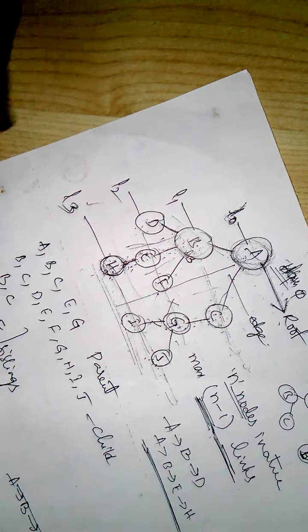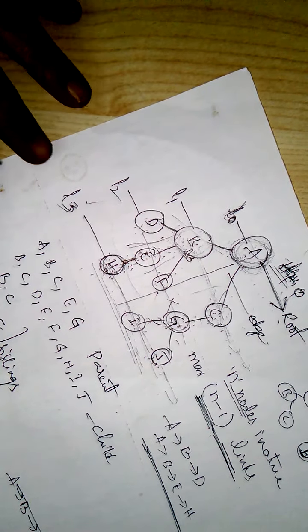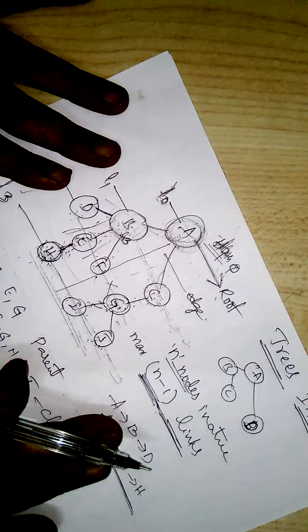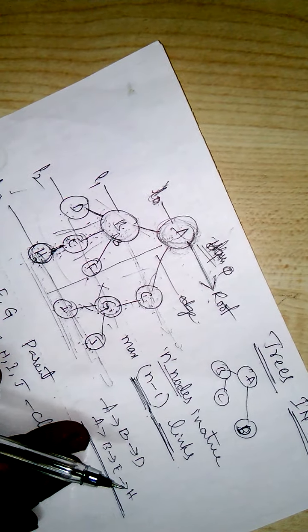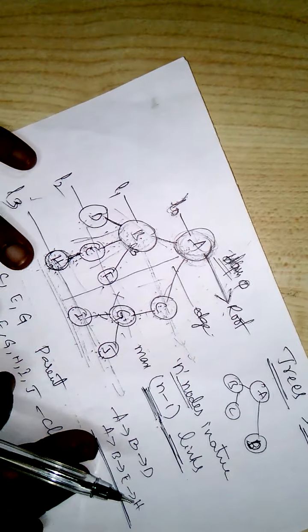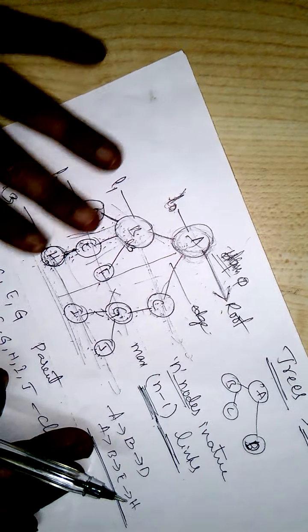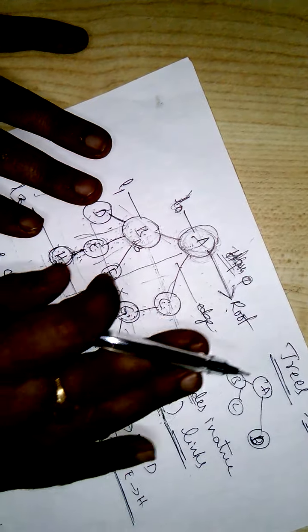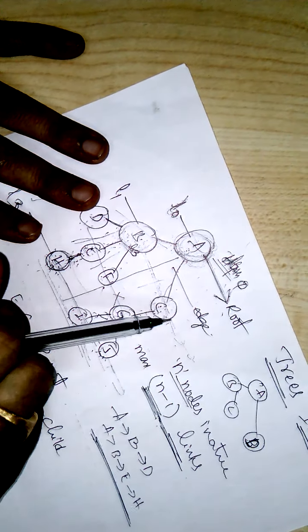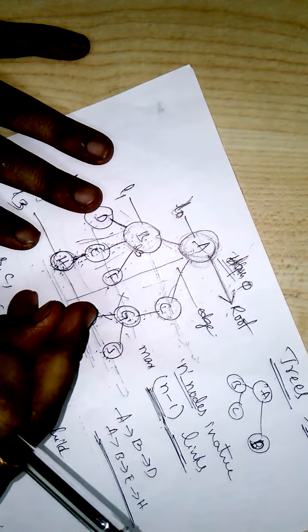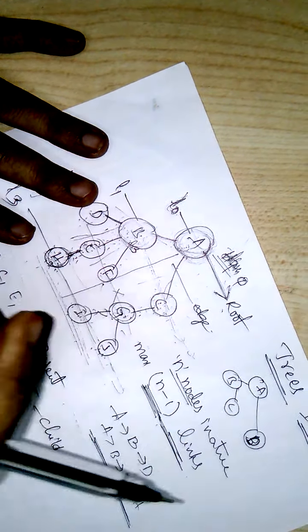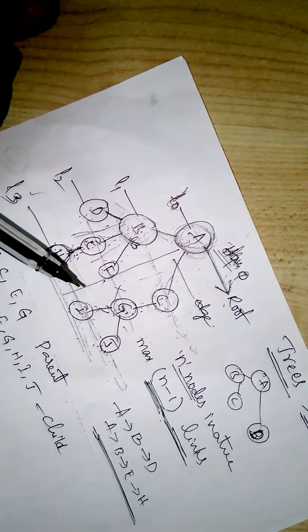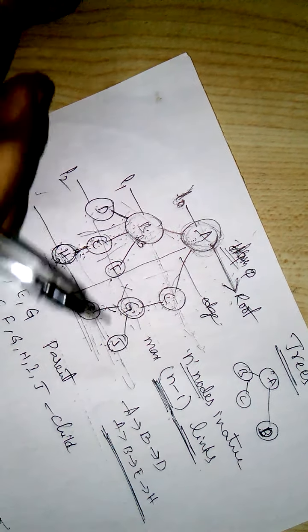Hello students, in this video I'll explain to you about tree and its terminology. In the previous video we discussed the tree data structure. What is a tree data structure? It is a non-linear data structure where data is organized in a hierarchical format. In a tree data structure every data is represented as a node. Now we will see some important terms which we will use in the tree data structure.